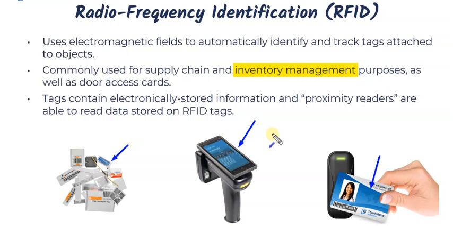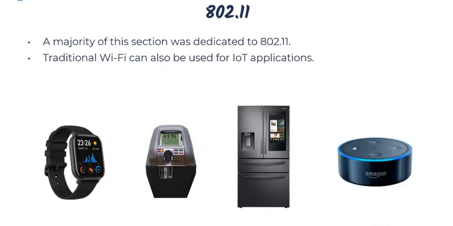Now, let's lastly talk about door access cards. So like we see right here, we have a door access card for a person. And if you work at a company where you have to swipe your card to gain access into the building or to gain access to a certain part of the building, that's typically going to be utilizing RFID. They put some basic information into your RFID chip on your card, and the proximity reader is going to read that. And if you're supposed to have access, then it allows you in. If you don't, well, then it doesn't allow you in. So that's RFID. And then lastly, there's good old 802.11, which is what we've been talking about in this section